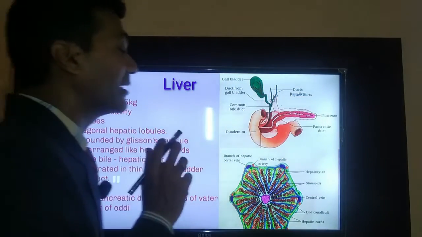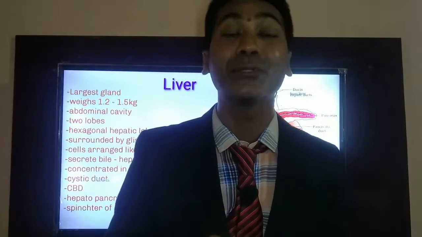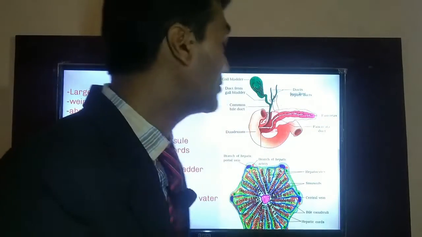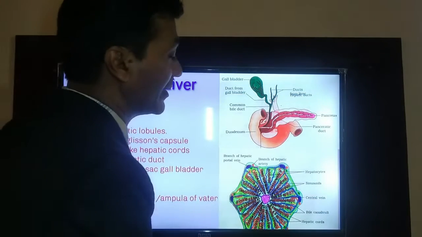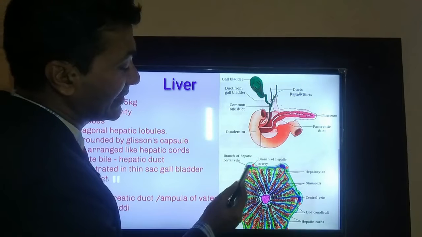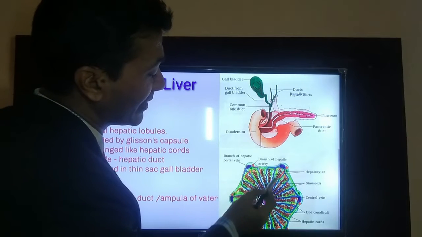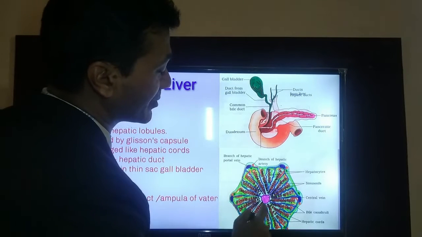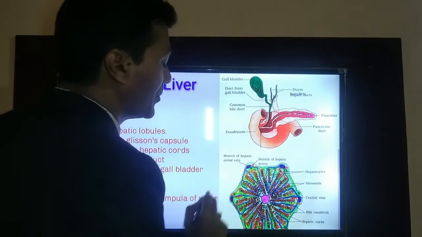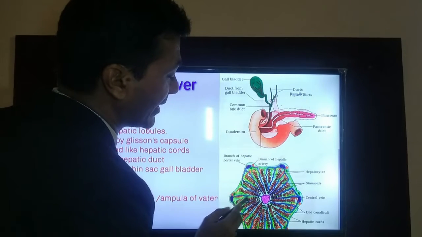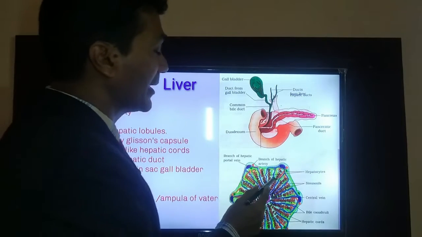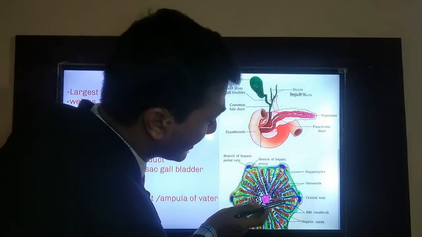Each hepatic lobule contains several hepatocytes. The cells of the liver are known as hepatocytes, and the cells are arranged in a cord manner, hence these are called hepatic cords. Now you are seeing in this diagram, hepatic cords are arranged concentrically towards the center. There is a central vein present in each hepatic lobule, whereas all the cells are arranged like spikes in a wheel. And each hepatic cord has gaps.